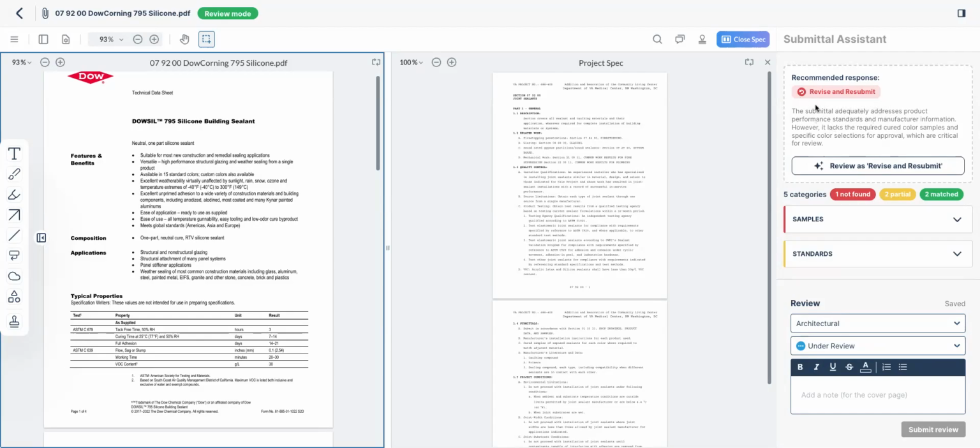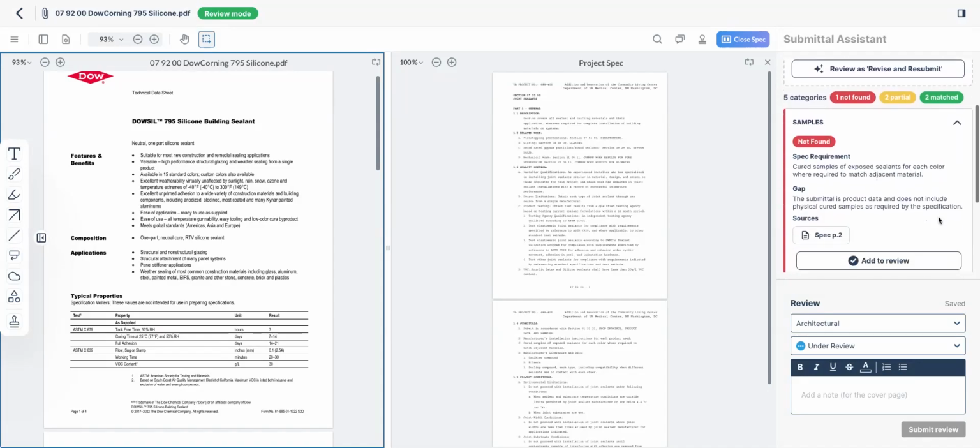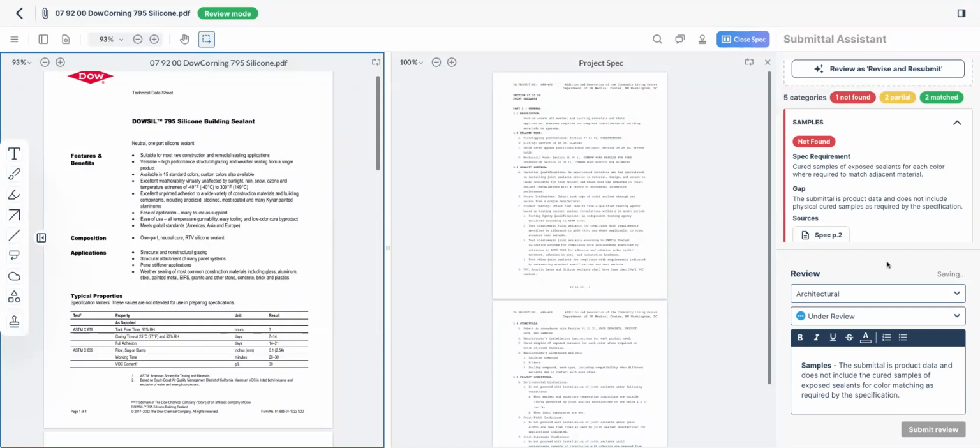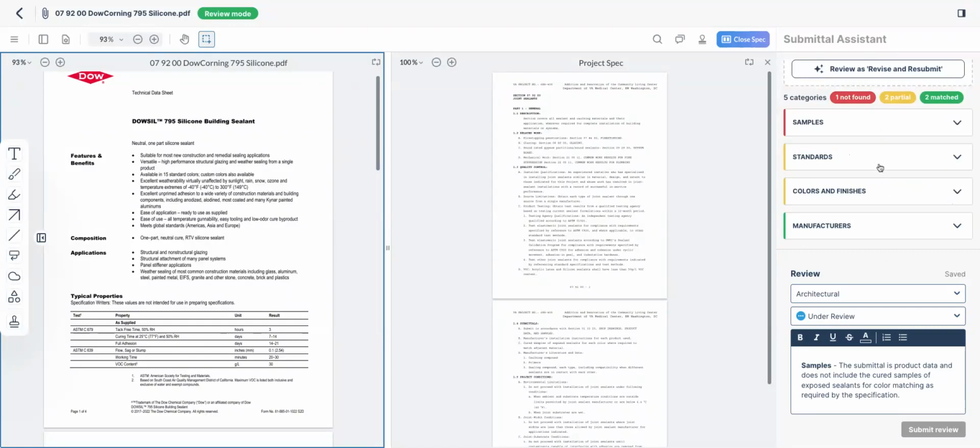We have a recommended response here of revise and resubmit, and we give you an explanation of what your return comment should be, but we will always show you this backup information. So for example here, the specification requires samples, but the product doesn't mention any physical samples that are required in the spec. You can add this comment to your review by clicking Add to Review, and then we'll show you other options